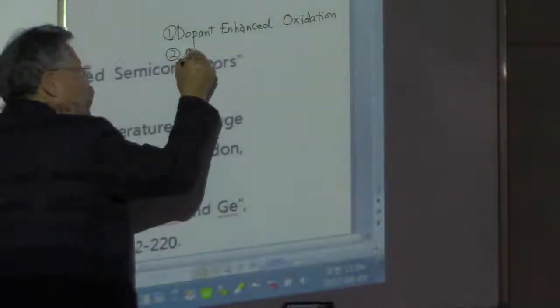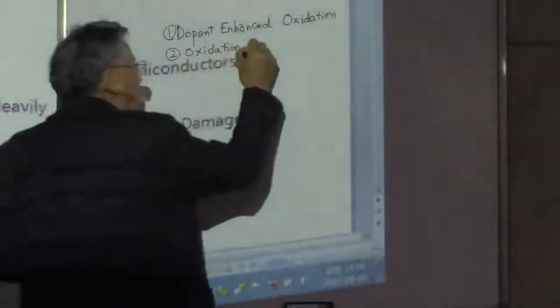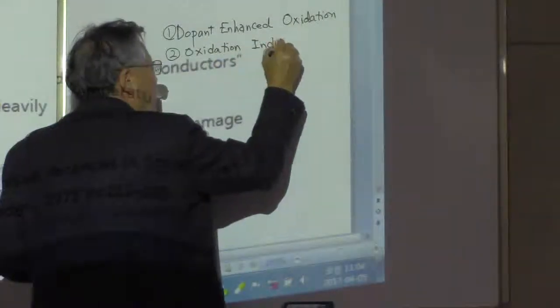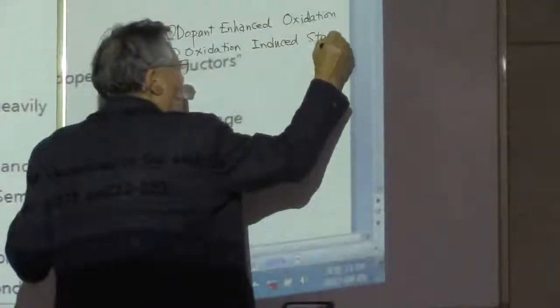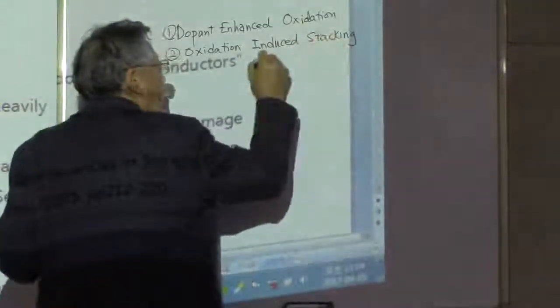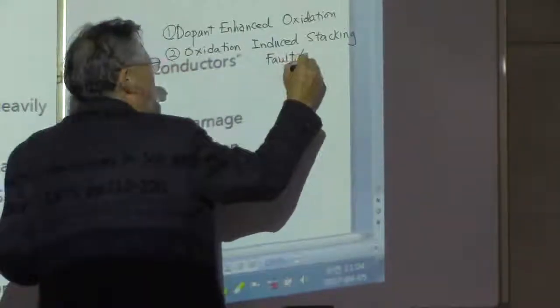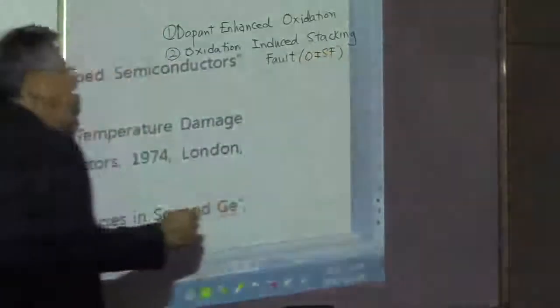Oxidation induced stacking fault. It's going to be called OISF. Okay, and then